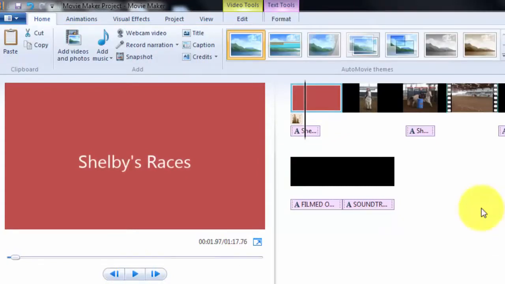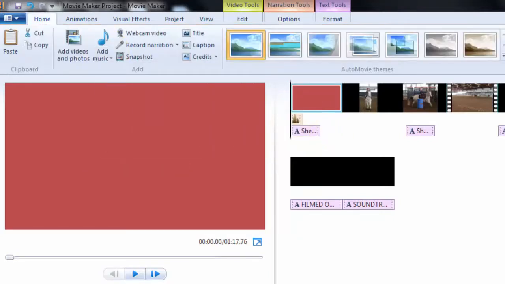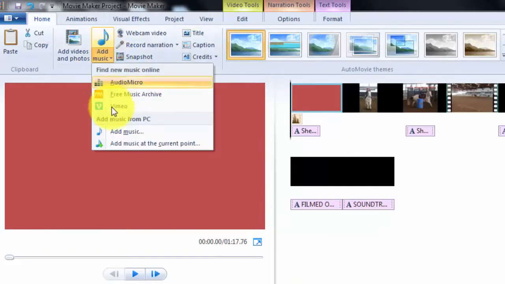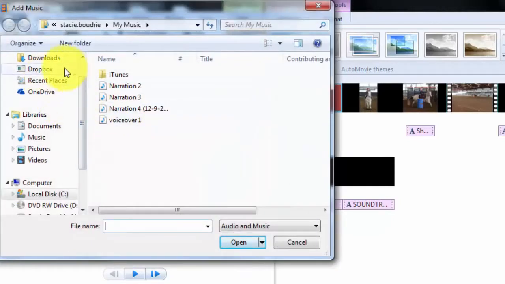Okay, the second thing that I want to do is be able to add in music. So now that I'm ready to add music, I've went and found music that I want to use. It's copyright-free music. I will cite my sources at the end of the project. So I'm going to go to Add Music and then Add Music from my PC. I'm going to go to my desktop